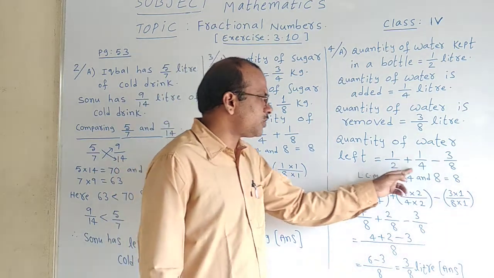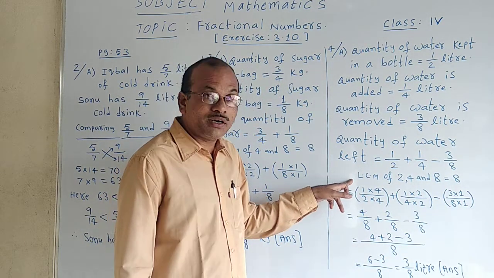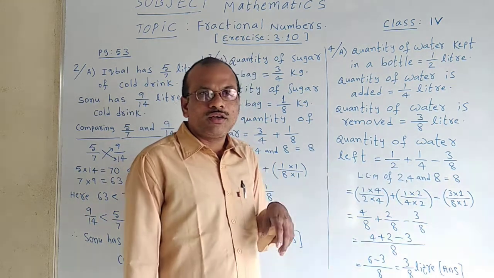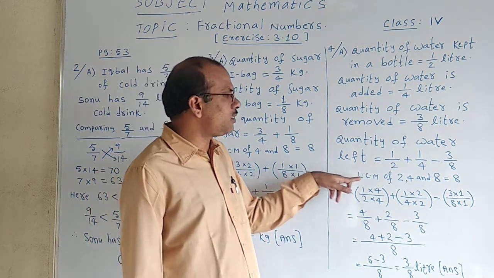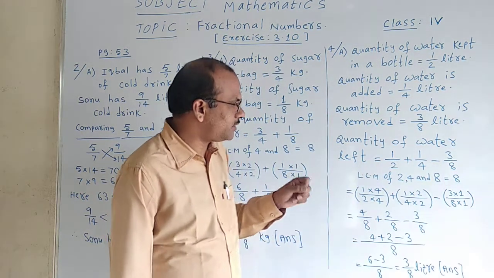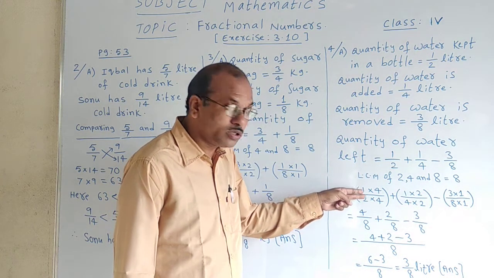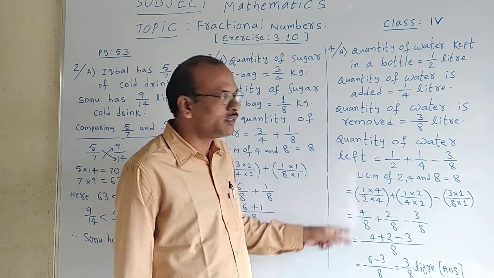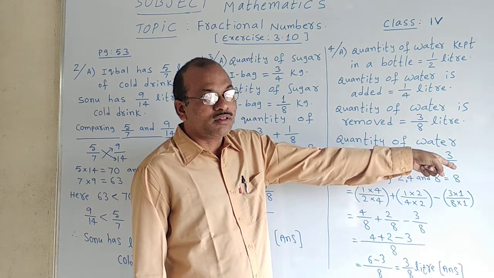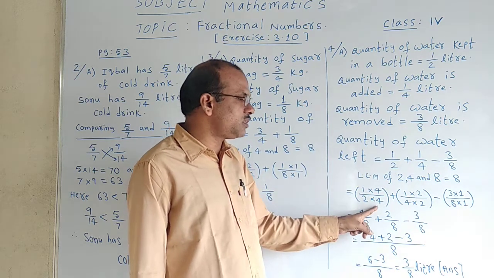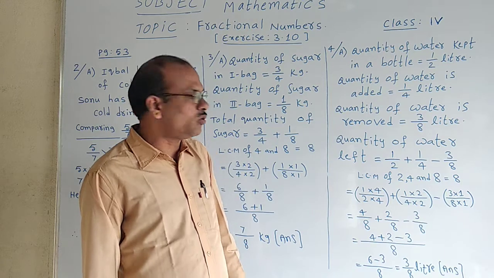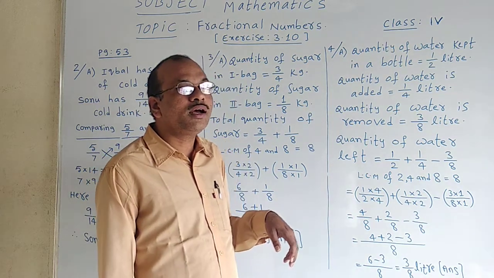Then your denominators are not equal, they should be made equal. That is a procedure based on the LCM which we have done. Yes or no? So the LCM of all the denominators 2, 4, 8 is equal to 8. So the first fraction, 1 by 2, is multiplied by 4 by 4. Why? Because 2 4s are 8, our LCM. Whenever 4 is needed in the denominator, the same 4 we have to write in the numerator so as not to get any change in the fraction.